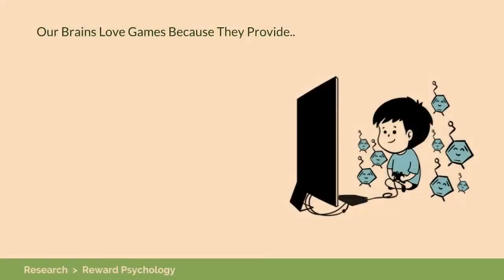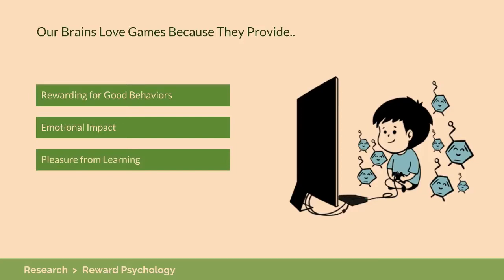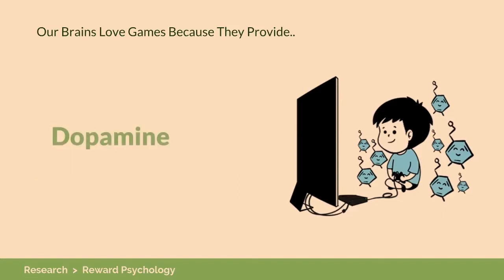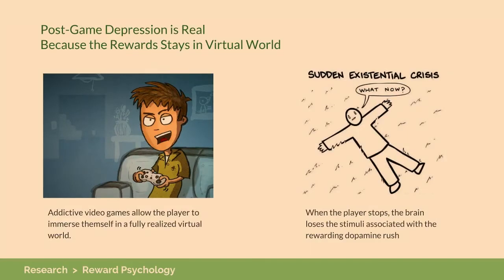Now if we take a step back and think about why we love video games, it's a few things. It's because it provides rewards for good behaviors, it gives us emotional impact, it gives us pleasure from the learning curve, and it also has rewards from social behaviors. So basically, when we're playing video games, our brain is releasing dopamine like crazy. And it's exactly because of that